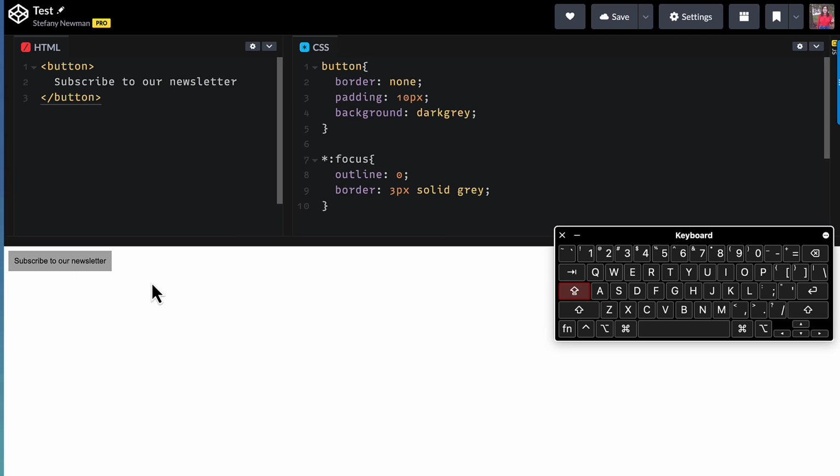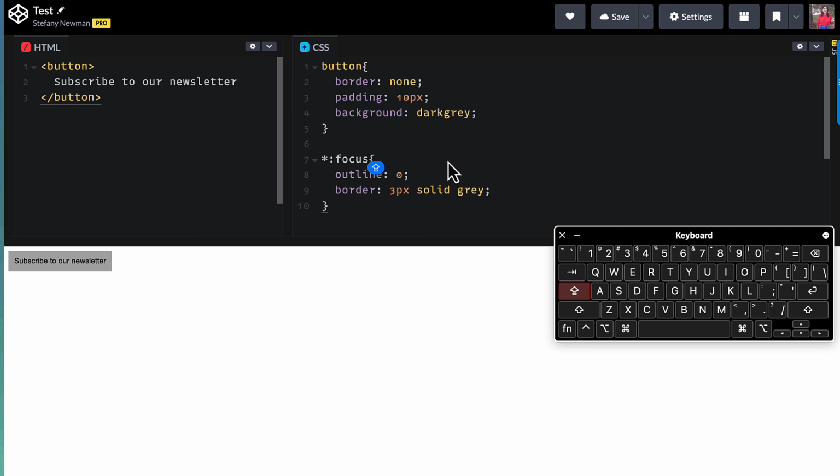Right now I have something that a lot of webmasters have, because designers don't really like outlines, so they usually ask the web developers to remove them. So outline 0 kills the outline, and it fails focus visible, 4.5.7 I think is the number.